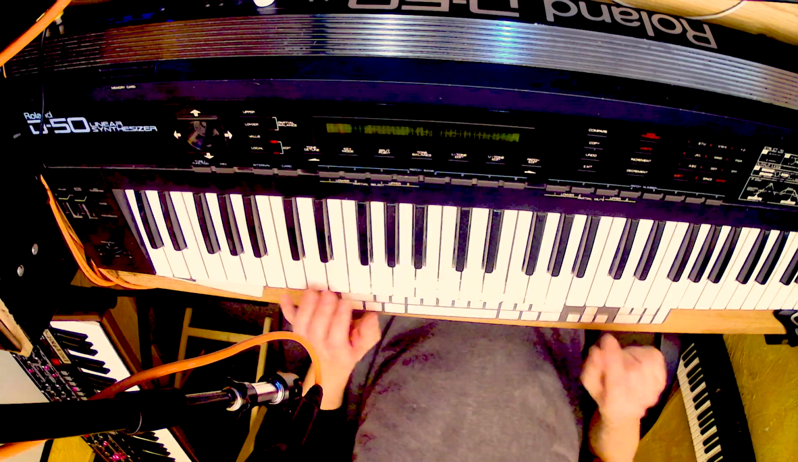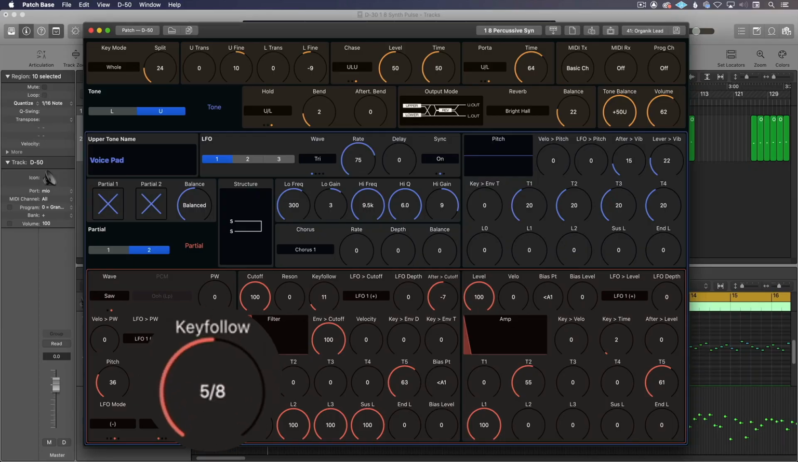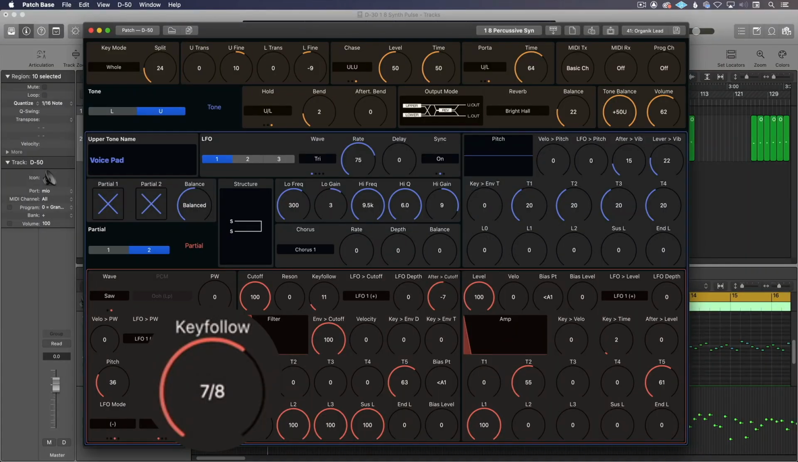and using the editor librarian here is way easier than going through and navigating through menus. So on key follow here, if we set it to 1, that basically means it's a 1-to-1 ratio, so an octave is an octave, right? So they give you these divisions here, and being a drummer, I think of these immediately as odd time signatures, right? 7/8, 3/4, 5/8. Okay, maybe not 1/2,